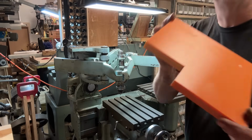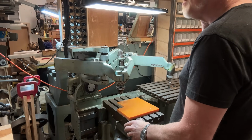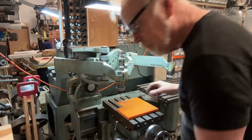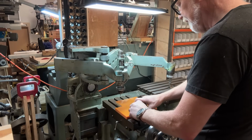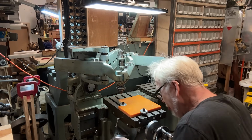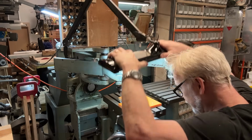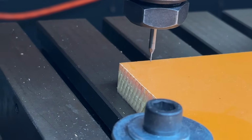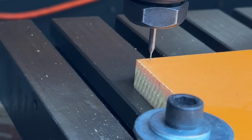All right, I'm going to use some orange phenolic. Yeah, this is plastic. I love this stuff. Okay, so your goal is clamp down. I'm just attaching everything by hook or by crook to get it sat on here. All right, now I raise this up to meet it. And I'm meeting it in the down position. So the goal is to bring this in. And bring it up until it's just